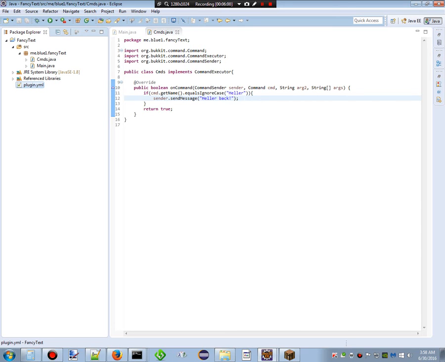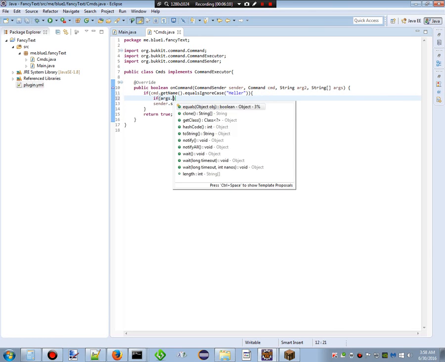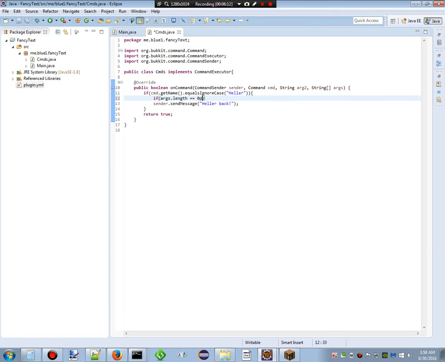Let's add a little thing here. If args.length equals 0, then it'll say heller back. Because I don't feel like making another whole command just because. Else if